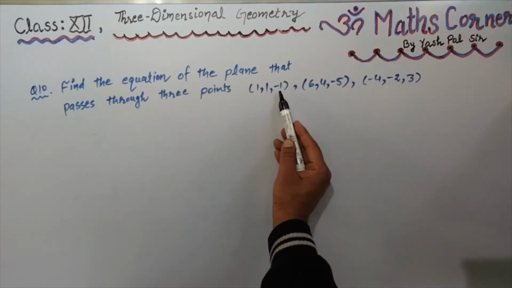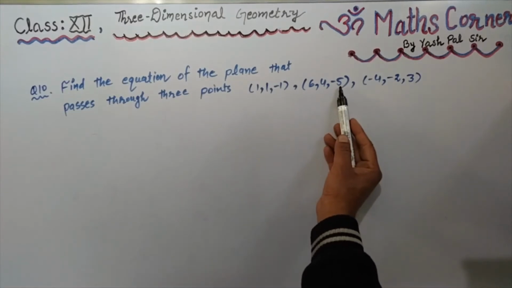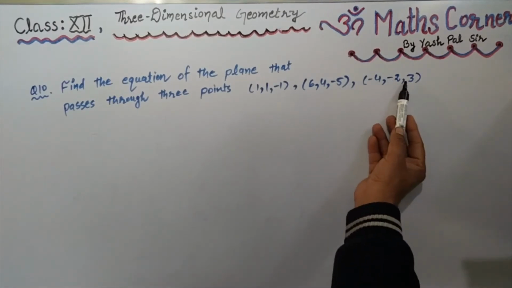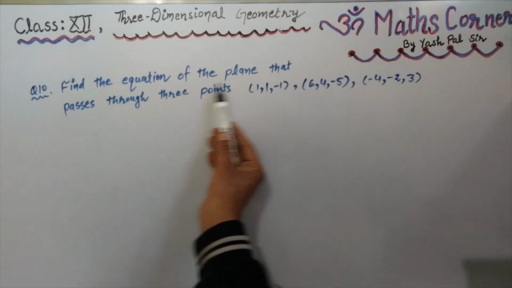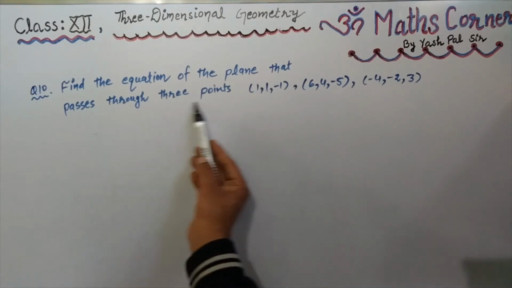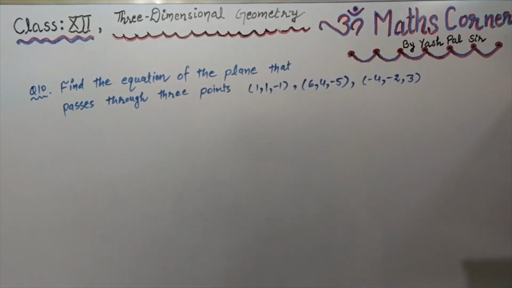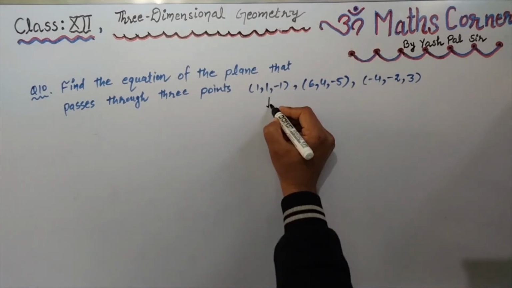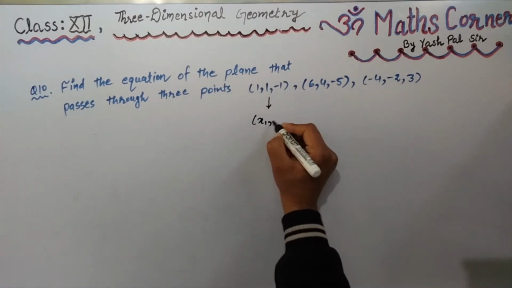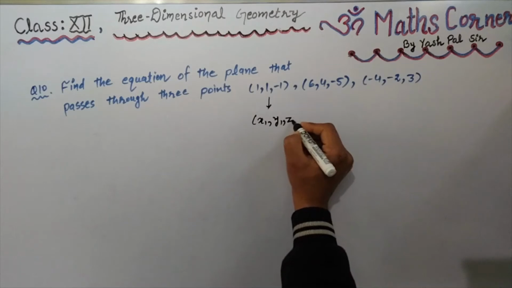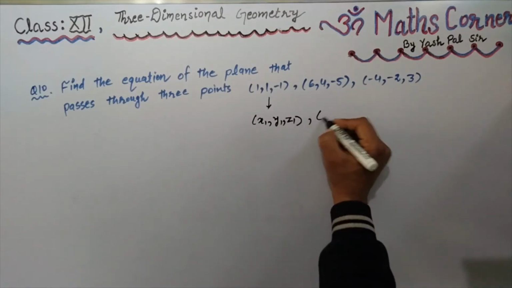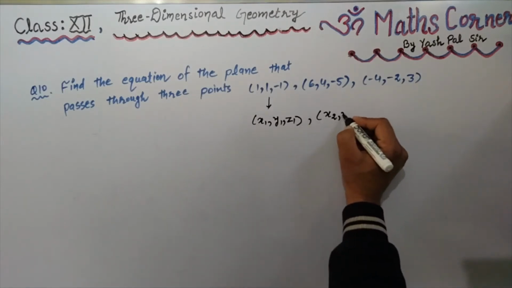So now the next question, question number 10. Find the equation of the plane that passes through the 3 points (1, 1, minus 1), (6, 4, minus 5), (minus 4, minus 2, 3). So what is the equation? How do we find the equation of any plane which passes through 3 points? Suppose the 3 points, the first point